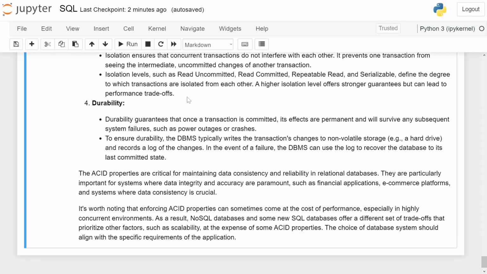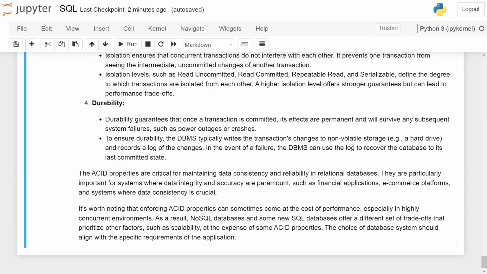Durability. Durability guarantees that once a transaction is committed, its effects are permanent and will survive any subsequent system failure, such as a power outage or crash. To ensure durability, the DBMS typically writes the transaction changes to non-volatile storage, for example a hard drive, and records a log of changes. In the event of a failure, the database can use the log to recover the database to